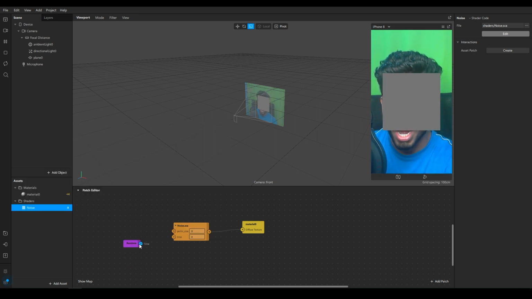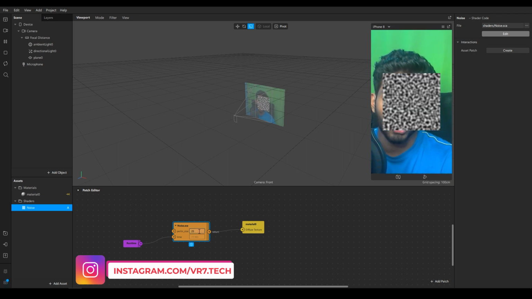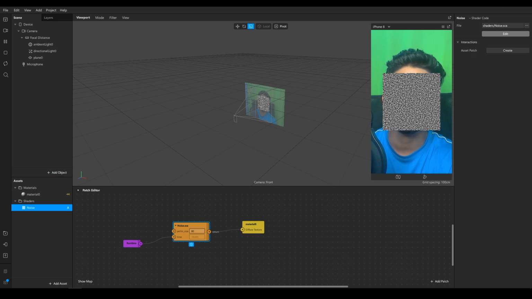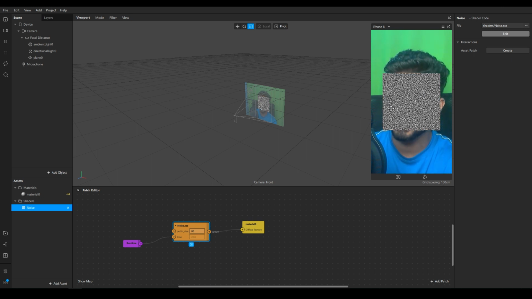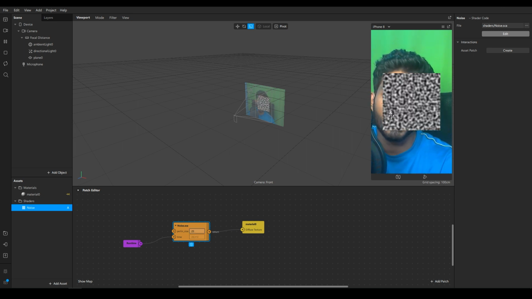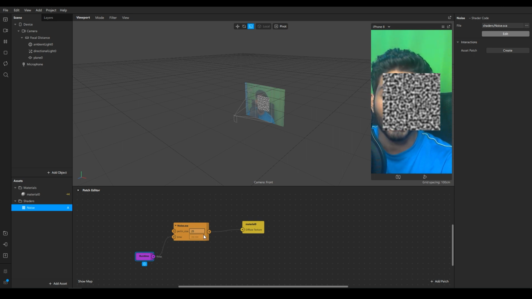So we have the runtime patch, add it to the time, and the Perlin size you can set to any value, but I generally prefer setting it to 25, because as you go higher, like 80, it looks something like this, like a QR code. It doesn't really look great, and the organic movements do not really appear at this large scale. So 25 looks good for me. As you can see, it's animated. If I remove time, it's static again. So we'll be animating it using the runtime patch, and we can control the size using the noise parameter, Perlin size.